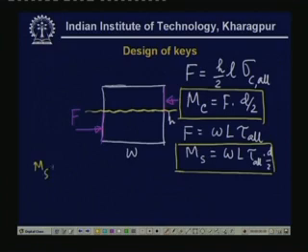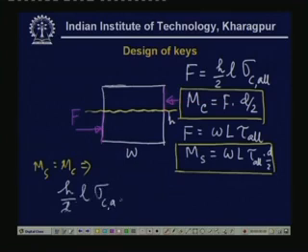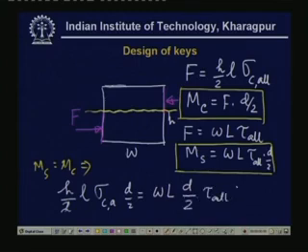So now M S equal to M C, that gives H by 2 times L times sigma c allowable times d by 2 equal to W L d by 2 tau allowable. Now if we take the rough estimate, that is W is almost equal to d by 4,